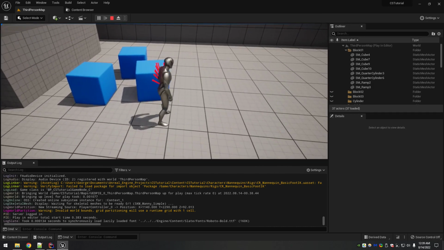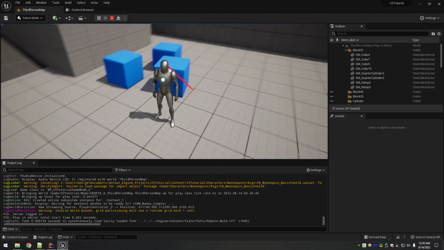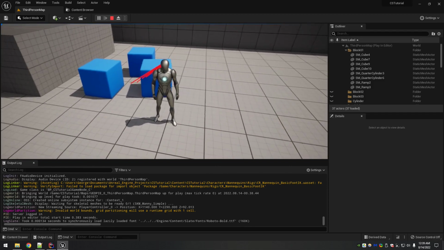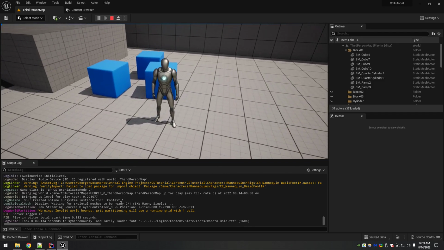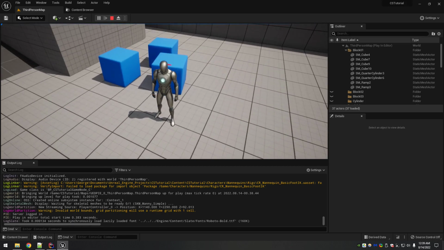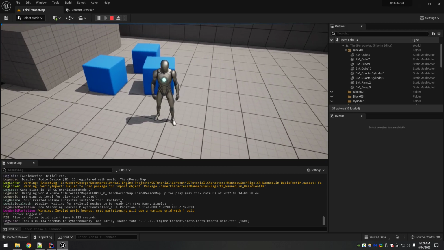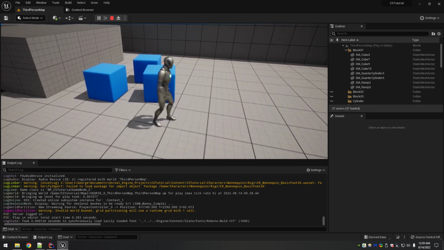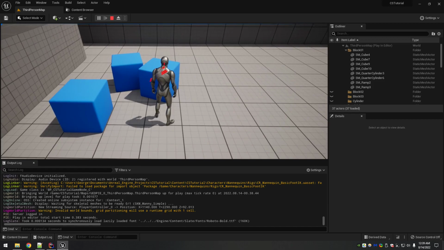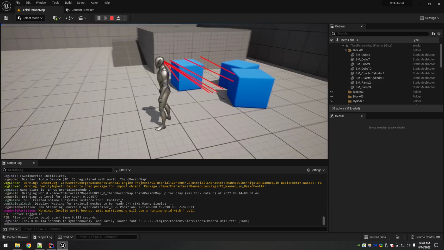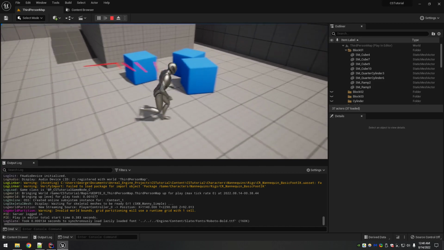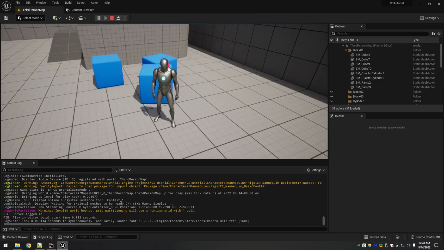But say you're standing like this. Does it really make sense to be able to interact with something behind your character? Okay, it's not a big deal. It depends on how casual you want your game to be. But for me, I want the players to have to face things to interact with them. So you can use a dot product to actually fix that.